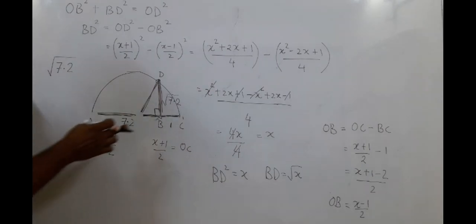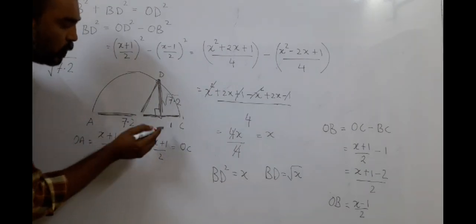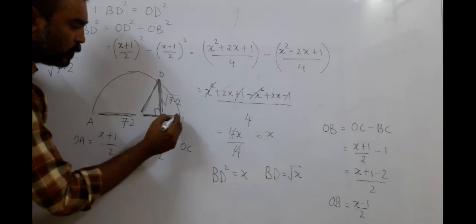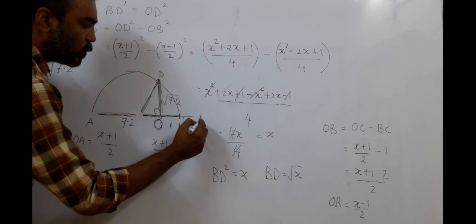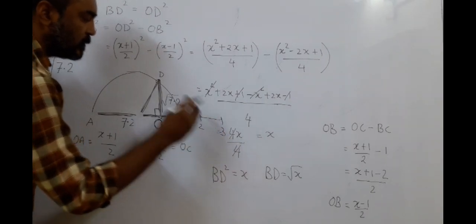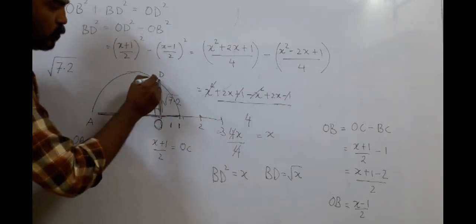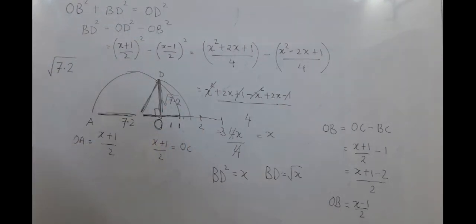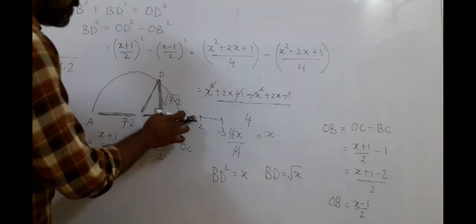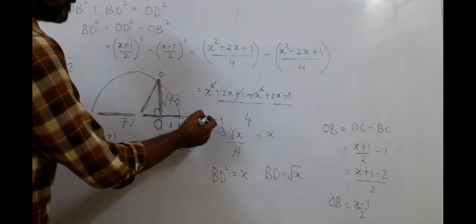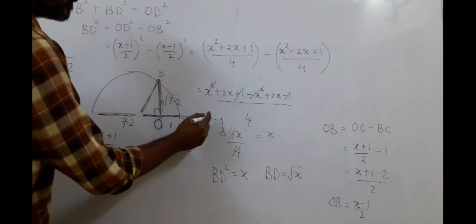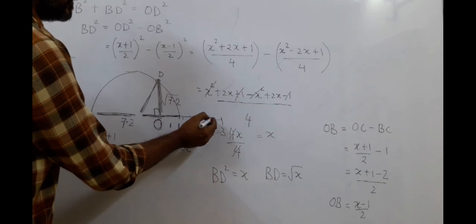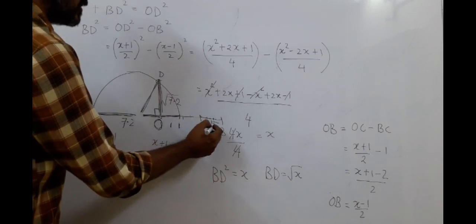Now the question, how to put it on the number line? To put it on the number line, your point B now becomes your origin O, and this was C, at 1 unit. So this is 1 unit, and you will mark 2 units, and 3 units, and whatever this radius, as you bring the radius down, you will get your answer. This is not to the scale, so we will not get 7.2. 7.2 will be somewhere over here, after 2. Yes? 2 squared is 4, 3 squared is 9. So root 7.2 should be somewhere over here.